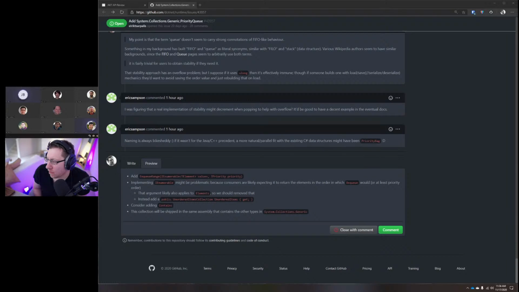Fair enough. I think making it enumerable then raises the question, does it guarantee dequeue order, which I think Steve will have strong opinions about, and I might even agree with them. Wow, I picked perf over usability.